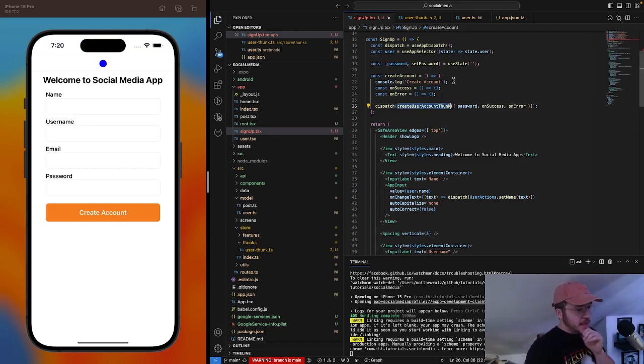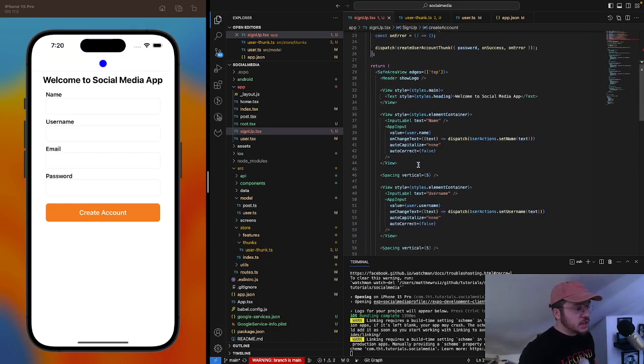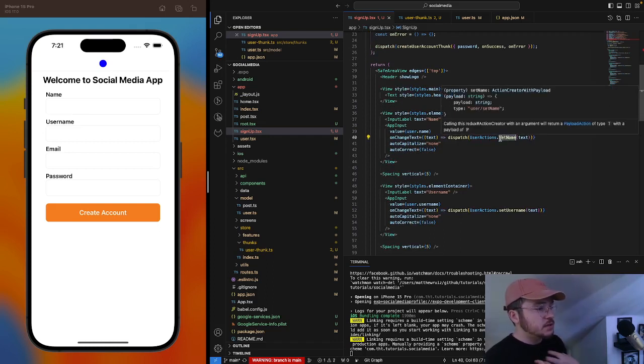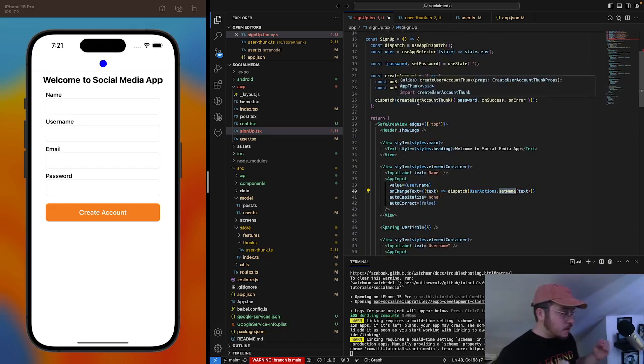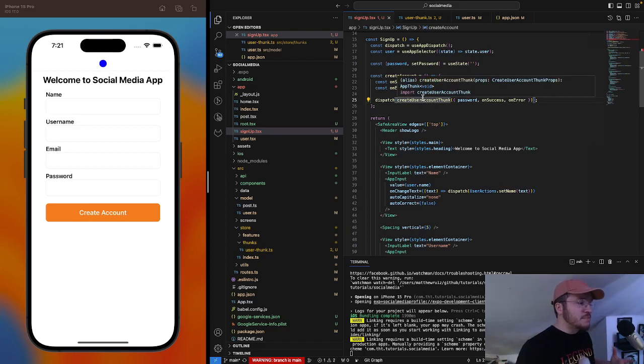All right. So what's happening? We're on the sign up screen. As we're changing values on the sign up screen, we're updating the user slice. The user slice pertains to the individual that's using the application. As they type in their name and username, we're just updating that Redux slice. Why we're doing that in the slice as opposed to local state is because when it comes time to perform some business logic, which is CRUD operations on Firebase and Redux, we don't want to do that in the